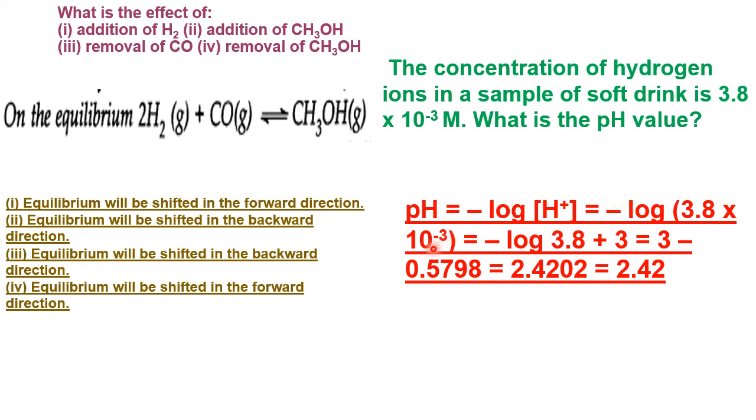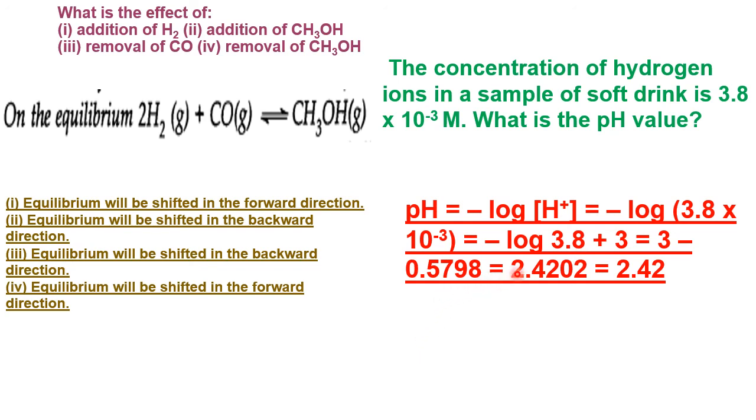So log 10 to the power of minus 3 equal to minus 3 log 10. That minus 3, this minus becomes a plus. So it is 3 log 10. Log 10 equal to 1. So it is 3 log 10 means what? 3 into 1, that is 3 only. Okay, only thing is you have to see the log of 3.8. So therefore, what I wrote here? I wrote here pH equal to 3 into 1, that is 3, minus log 3.8, that is this one answer 0.5798.